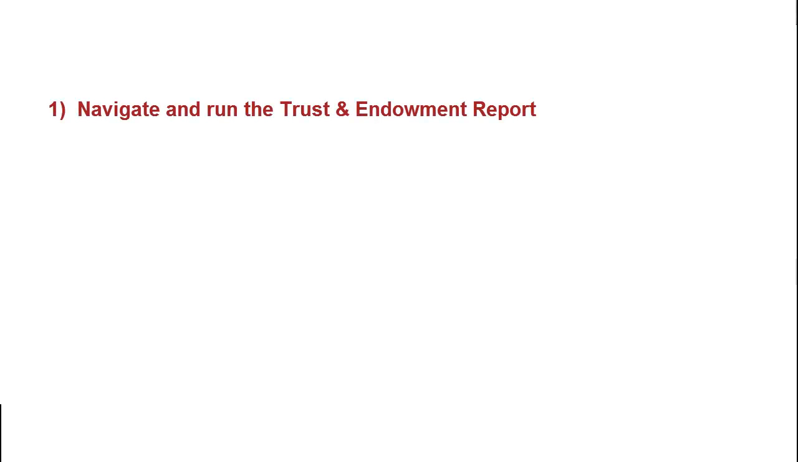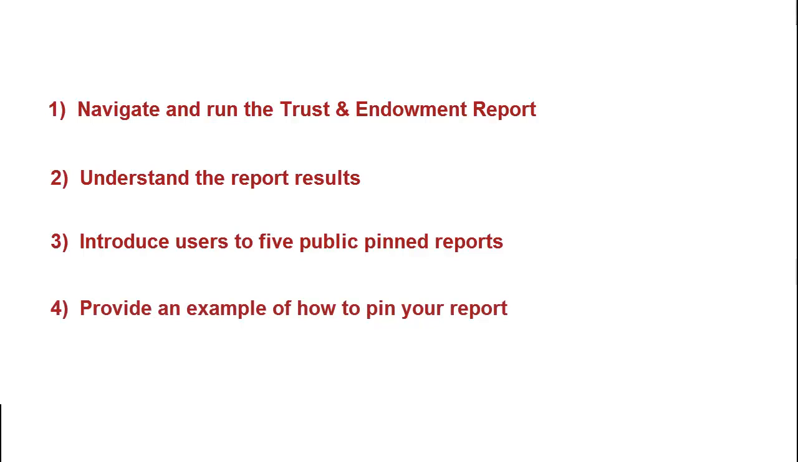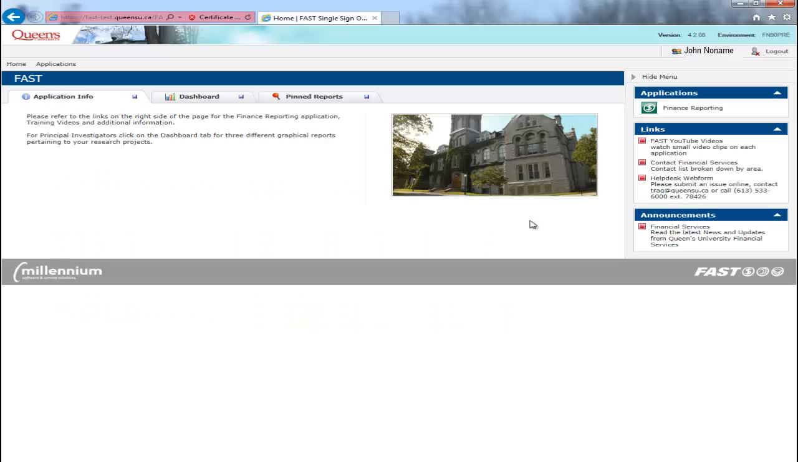This video will show end users how to navigate and run the Trust and Endowment Report, understand the report results, introduce users to 5 pinned reports based on the Trust and Endowment Report, and provide an example of how to pin your report. To navigate to the Trust and Endowment Report from the FAST homepage, click on the Finance Reporting